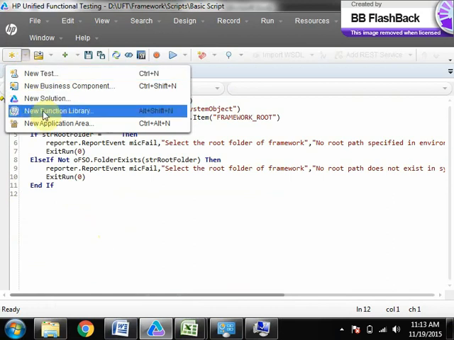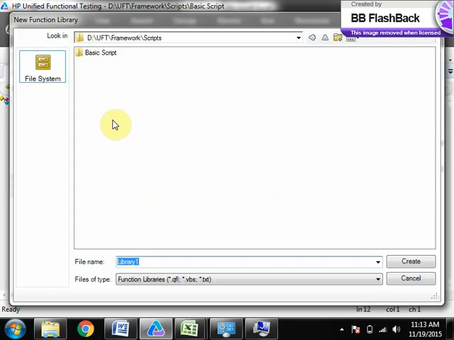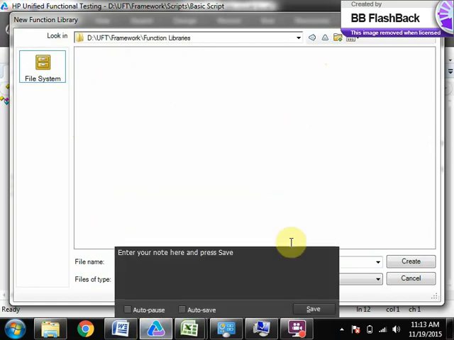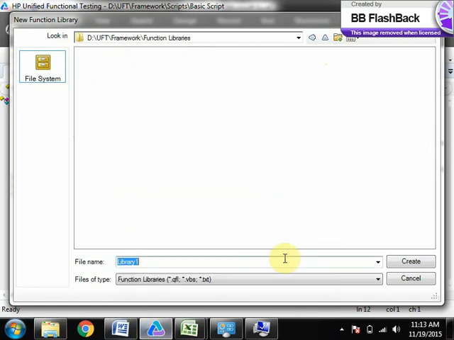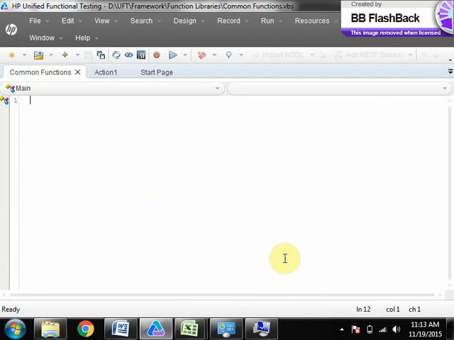Go to new function library, or you can create through a notepad also, or VBS if we have, right? We can do that from that as well. Create a folder here, say function libraries. Function libraries, and then you can say common functions. Okay, common functions dot VBS you can give.